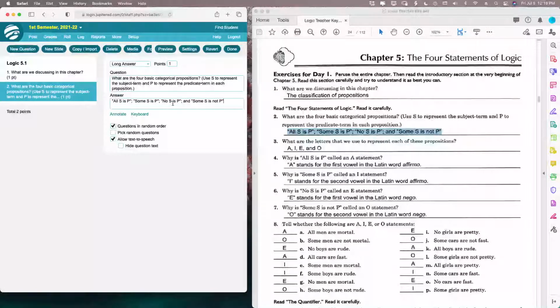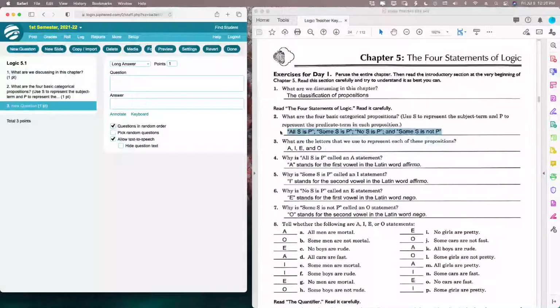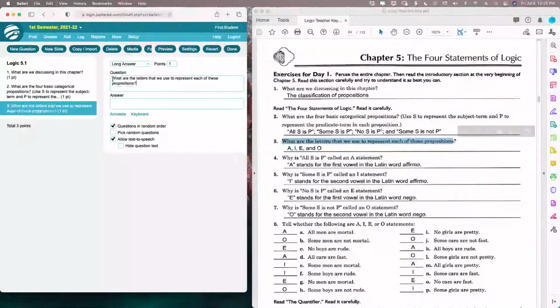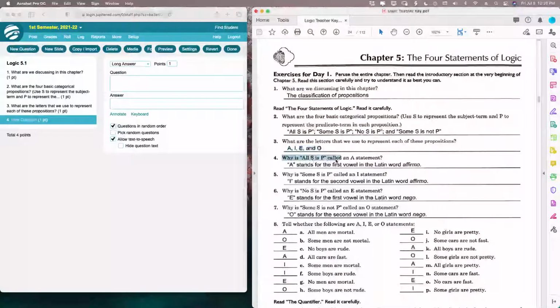And that's really all you do: you just keep adding a new question and copy the question over, and then you copy the answer over. And as you do, you just check to make sure that it's a clean copy. Like this should be the letter O. You just copy and paste, copy and paste. You click new question and you copy